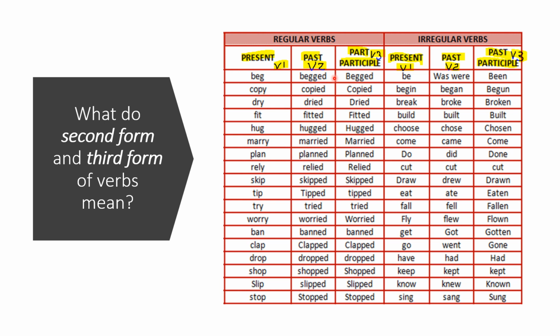I hope that you're getting that. Now, say for example, the verb is fly. If the formula would ask you to use V2 or the second form of the verb fly, then you should use flew. If in the formula it is required that you use the third form or the V3 form of the verb fly, then you should use the past participle form of that verb, which is flown.